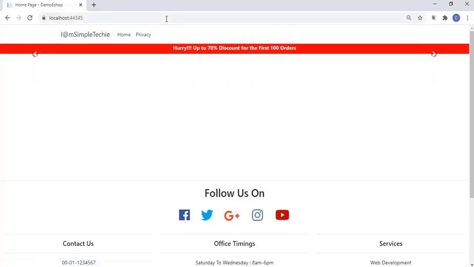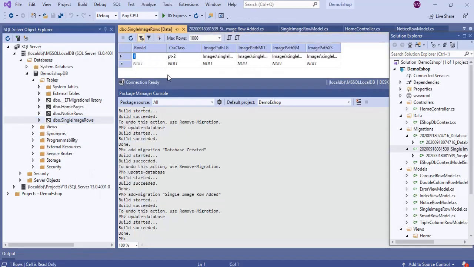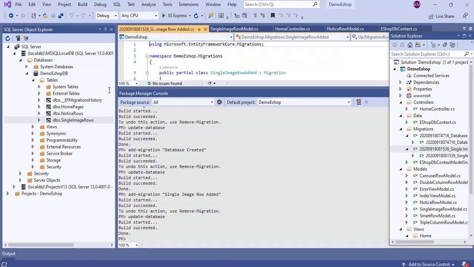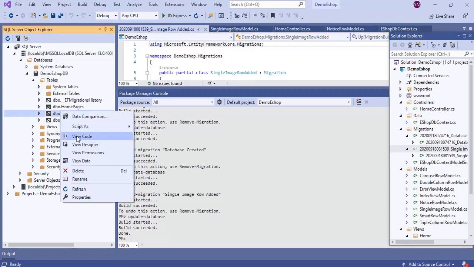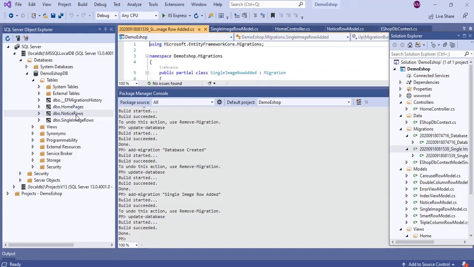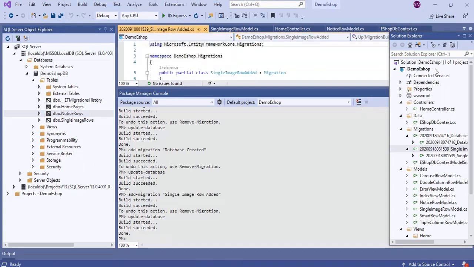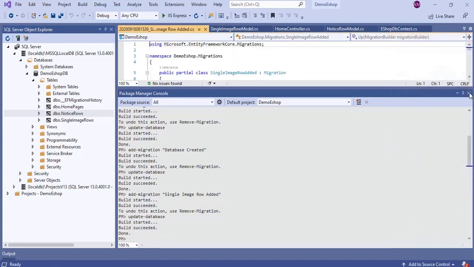Yes, it's saved, but again single image row is not loaded. Why? We need to add that single image row also in the collection using eager loading. Let's see that in action. See, if we check in the table, it is already saved. It's there, but it's not loading. Only notice row is loading, single image row is not loading.